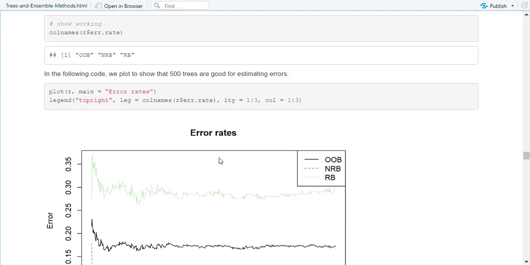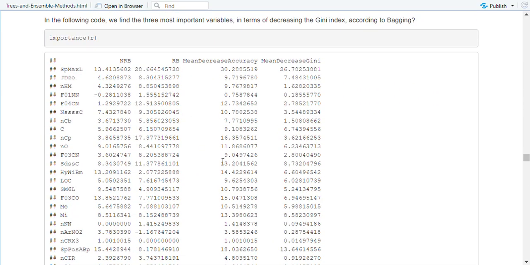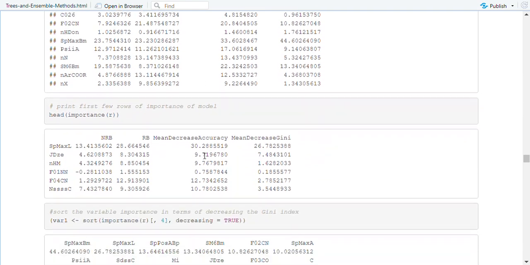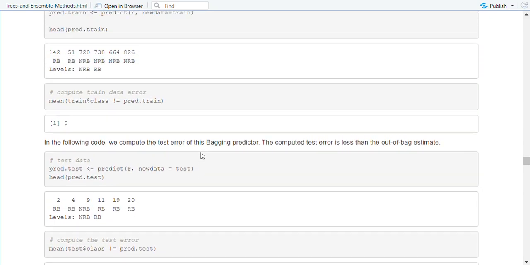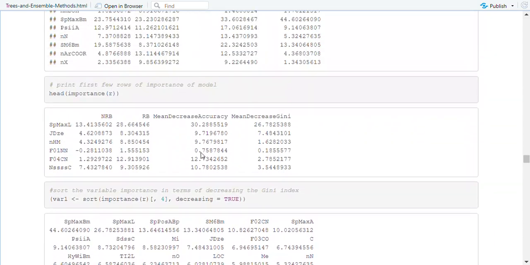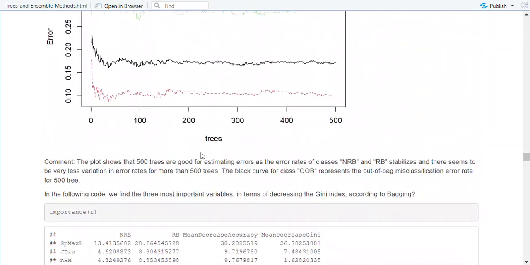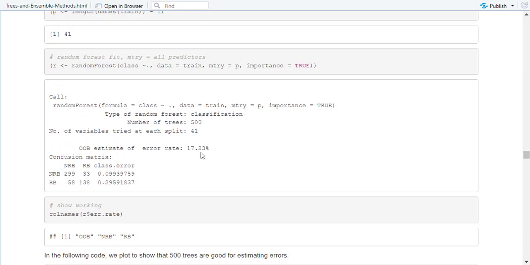Then we fitted the random forest on the square root of the number of predictors, that was 7, so 7 randomly chosen predictors, and the out of bag error rate was